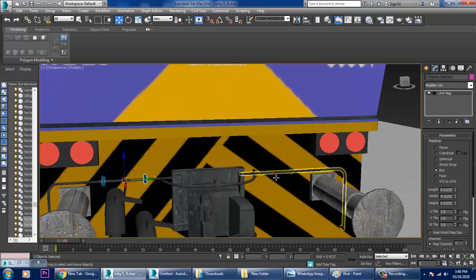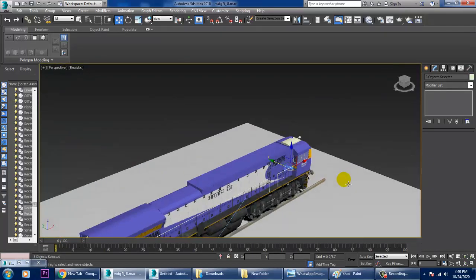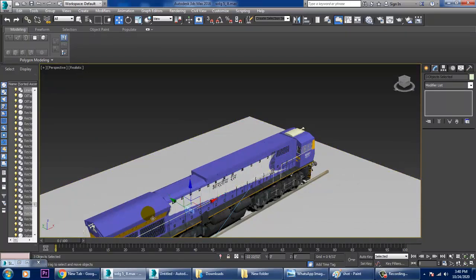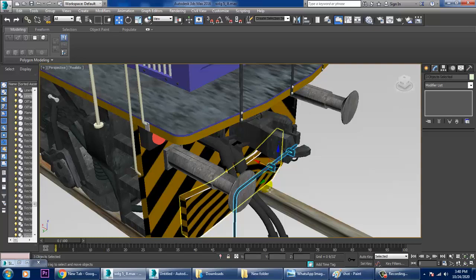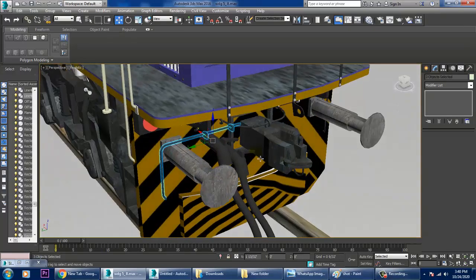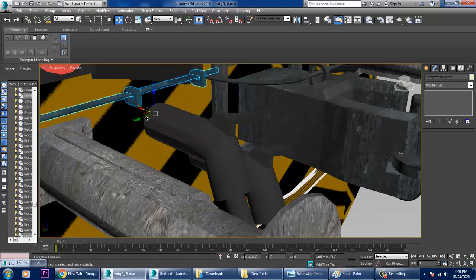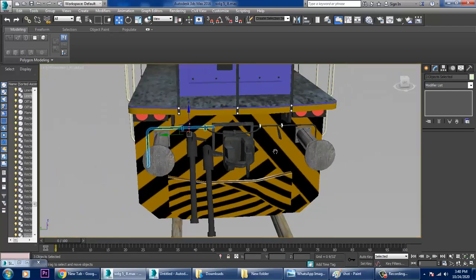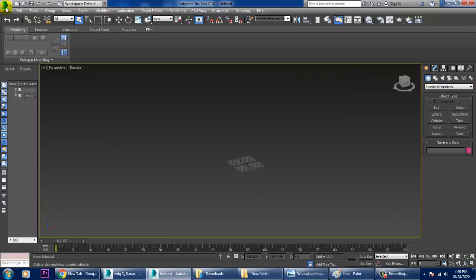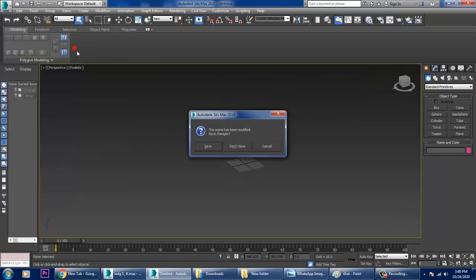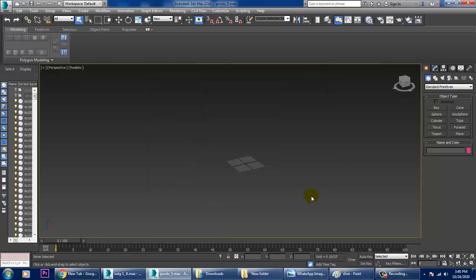Even you can animate it. If you want to rotate its wheels, I'll definitely come up with one more tutorial on this. How we can do that, I'll show you. What we need to do is rename the elements, because sometimes it has the same elements over there. We have to make sure that whatever your files are taking over here, we rename it. If you rename it in a much better way, that would be much better over here.